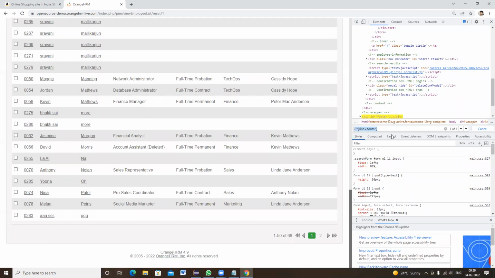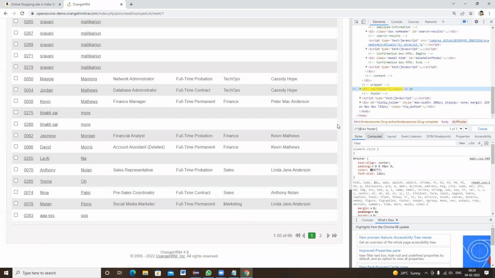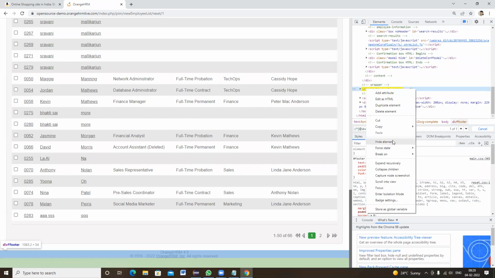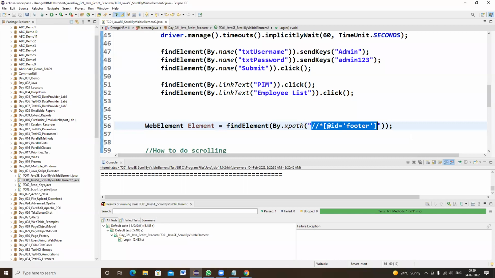Now if you want, you can just go ahead and copy XPath, and you can see here itself, that's the XPath for footer. Now for that particular footer, we have taken the XPath.